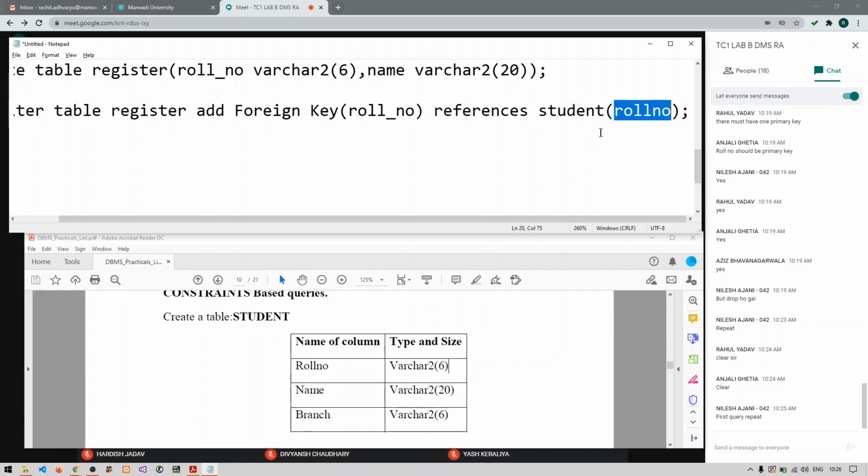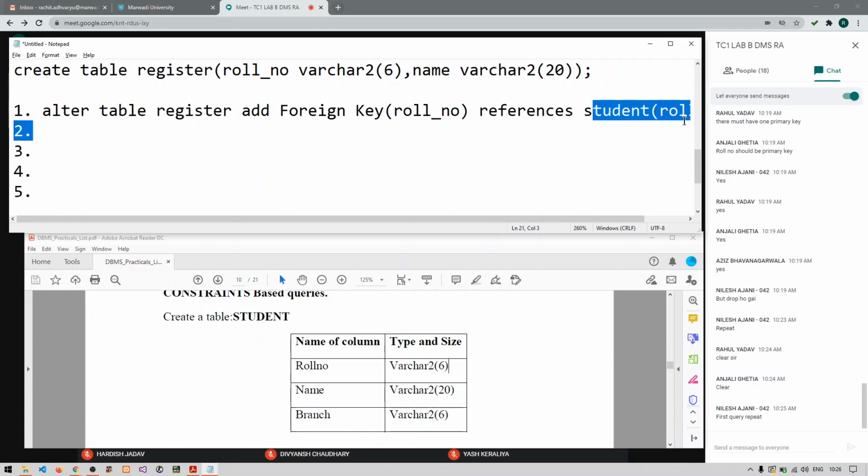Now clear? This is the table that will be referred, and this is the column name and the table which is going to refer to this particular table. Now clear?